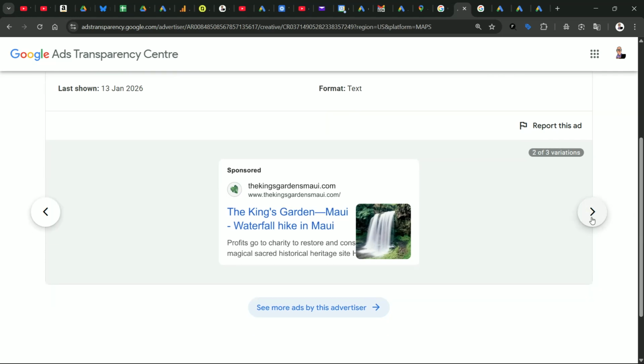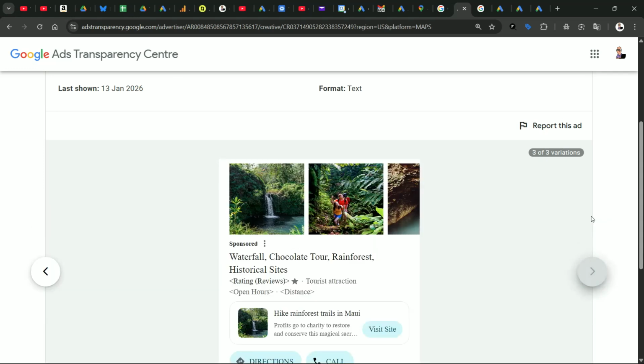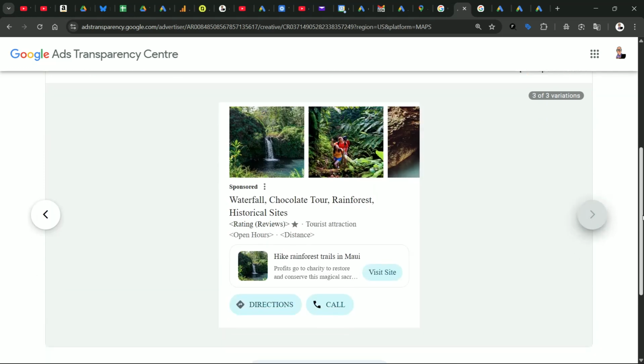And some of them look pretty much like a search ad. And some of them are really quite unusual. This text at the bottom is actually from the ad text in a Performance Max campaign. But the other things aren't. This wording is coming straight from Google Business Profile, and these pictures at the top are from Business Profile as well. And obviously things like directions and call and ratings and reviews and distance and opening hours, all of that is Maps functionality. So you've got a kind of a Frankenstein's ad going on here, merging together your Google ad